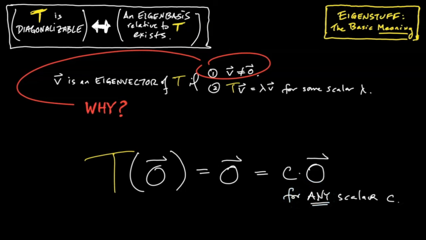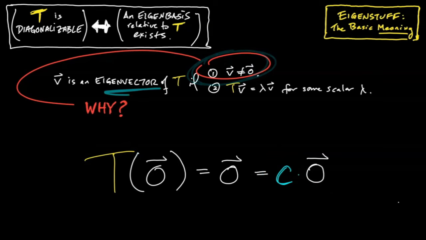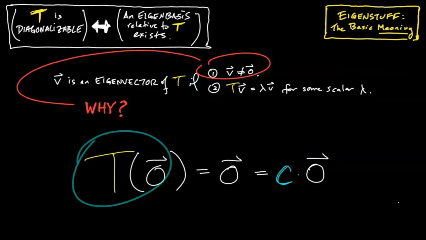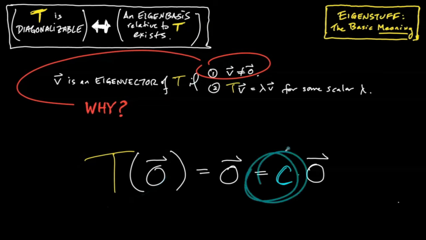That means that, for example, 2 would be an eigenvalue of every linear map, because T of 0 is always 2 times the 0 vector. But also 73 would be an eigenvalue of literally every linear map, because T of 0, no matter what T is, is always going to be 73 times the 0 vector. And so, if we considered the 0 vector an eigenvector, we would be forced to conclude that every linear map has literally every real number as an eigenvalue, which would render the concept of eigenvalue useless, because eigenvalues actually tell us a lot about a linear map.